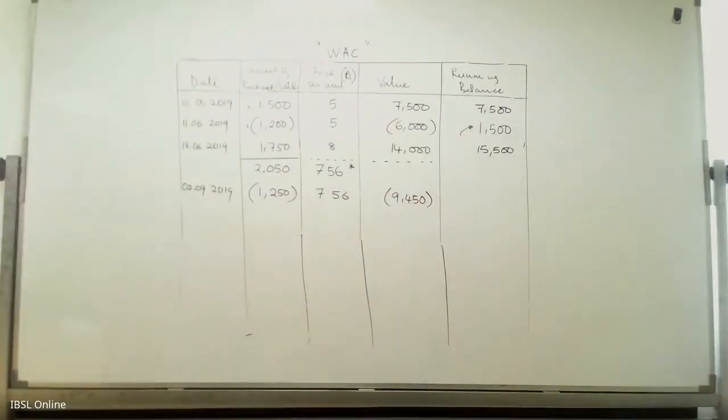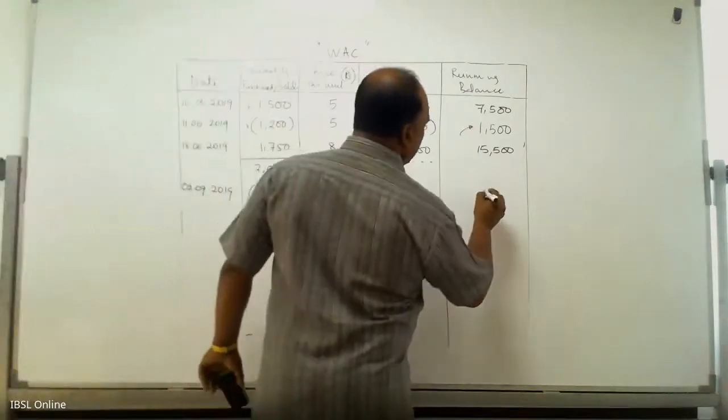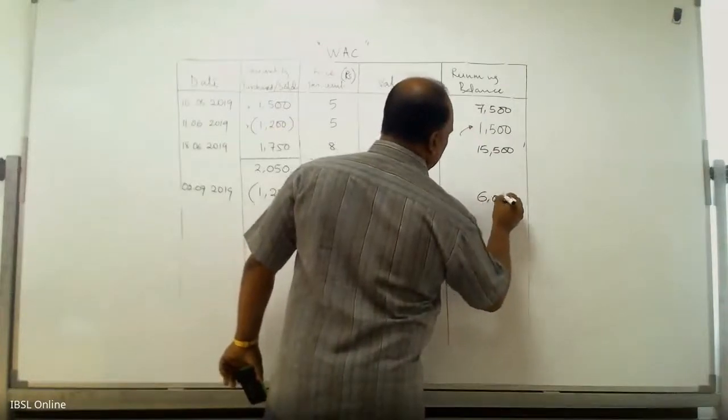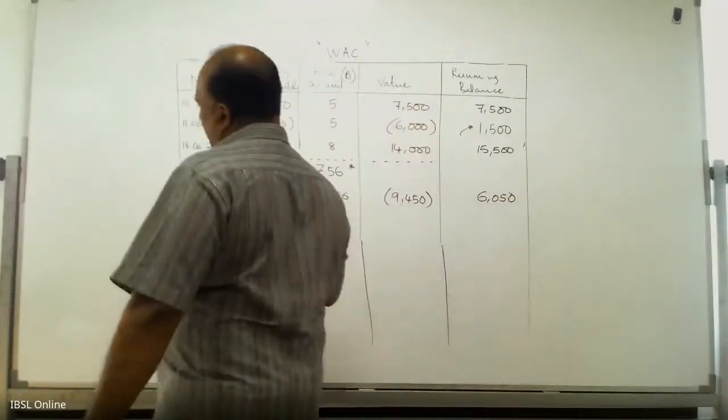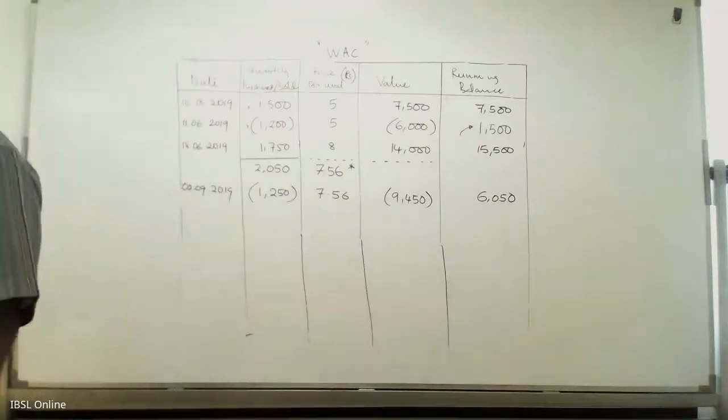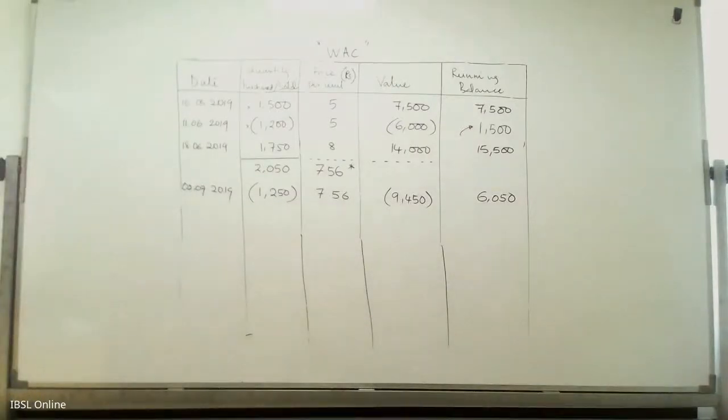9,450. Which means you come up to 6,000. You see, there is a clear difference between the FIFO method and the weighted average cost method. So what is the difference that is coming up is, before, in the method of weighted average cost method,